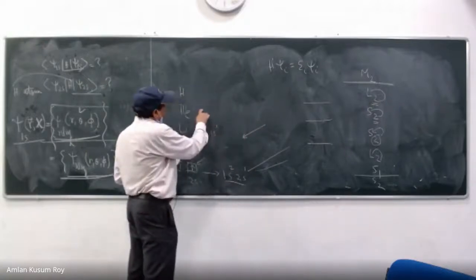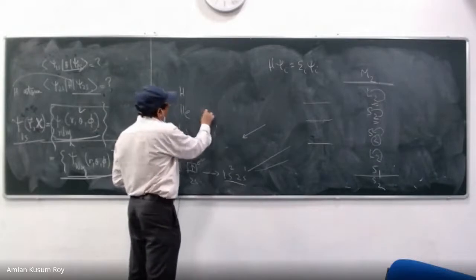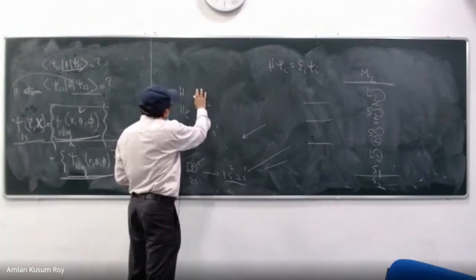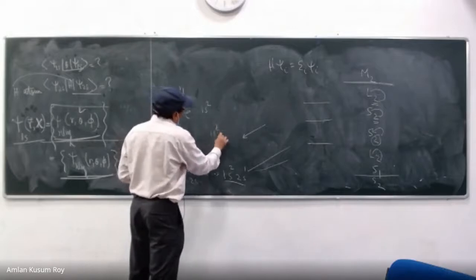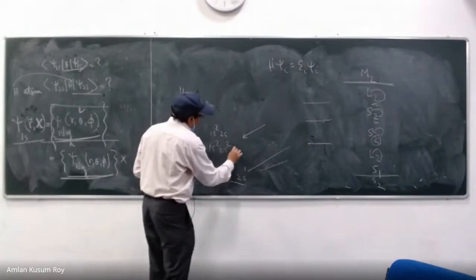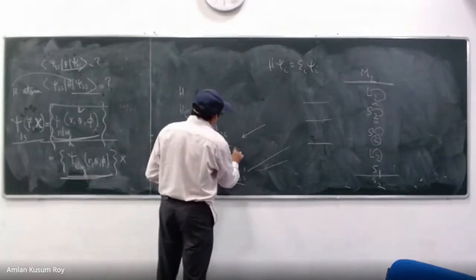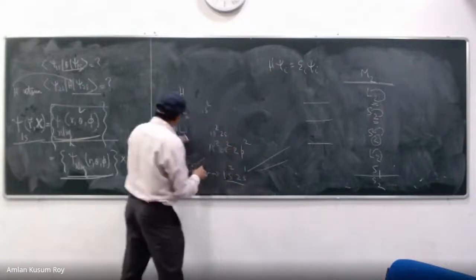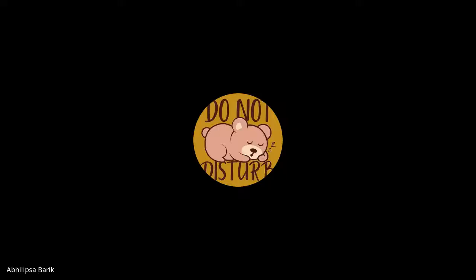Orbital, this is my simplest definition of an atom. 1s, I'm just writing the ground state electron configuration. 1s2 2s2 2p6, whatever. If I take carbon, 1s2 2s2 2p2. This is my carbon.